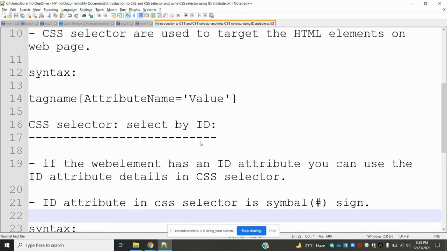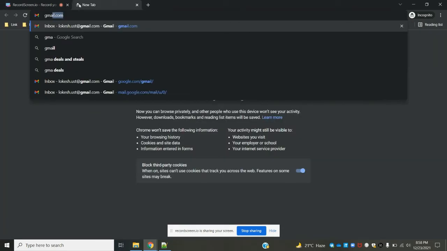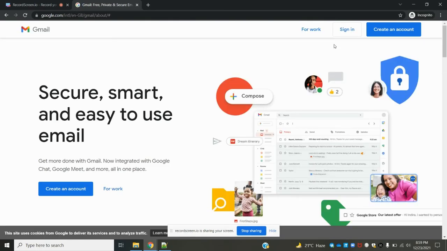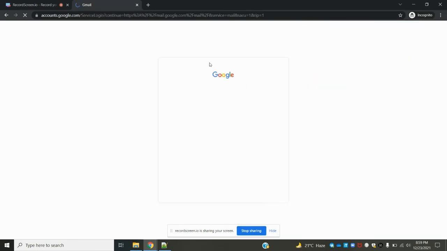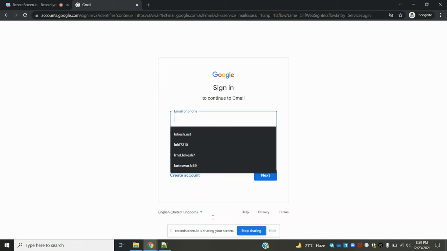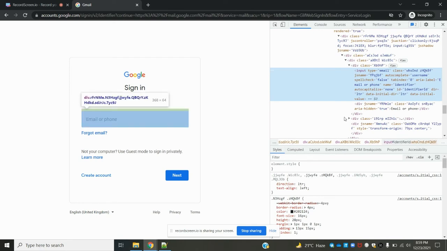Here we can see a simple example. We can go here to Gmail, and I'm going to take the login one, and here I'm going to use the developer tools, and here is the ID.